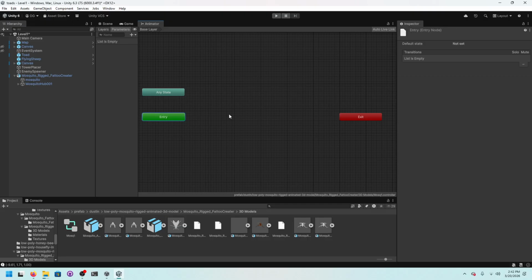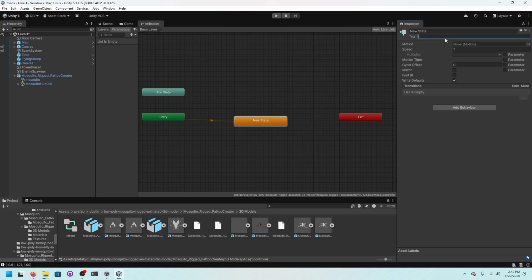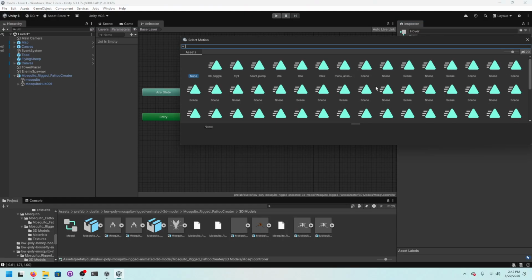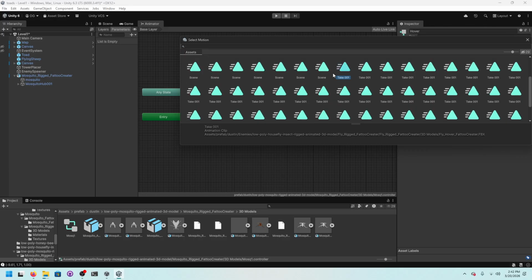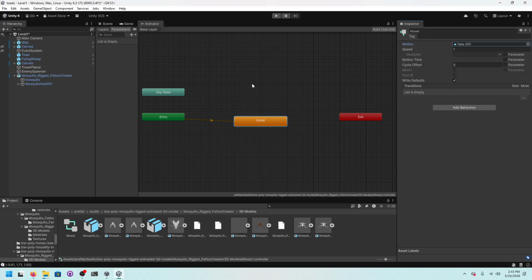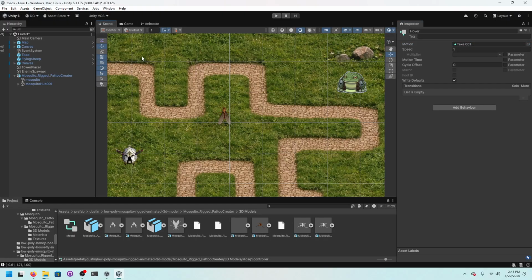From entry, we want entry to go, create a new state. We're going to call this hover, and so we click on the little circle here and it's going to find what we need. This is housefly. We're looking for mosquito, attack, fly, ground, and hover. This is what we want right here. Mosquito, hover, fat2, that guy. Done. Now, if we go back to our scene,